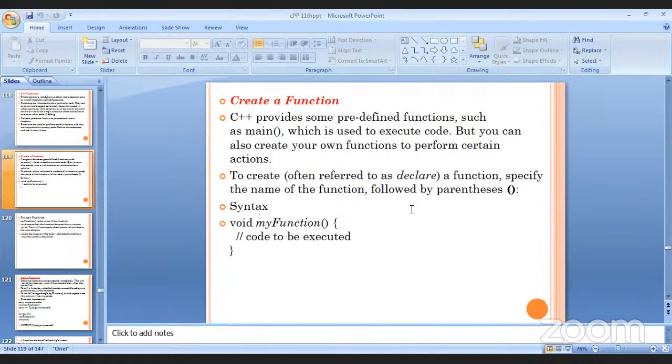To create, often referred to as declare, a function, specify the name of the function followed by parentheses, like opening and closing brackets. So the syntax is what? See here, void myFunction() { // code to be executed }